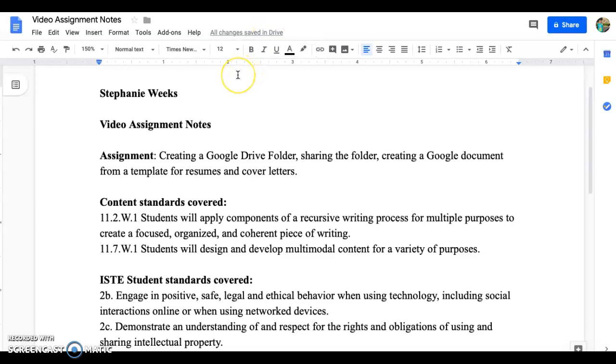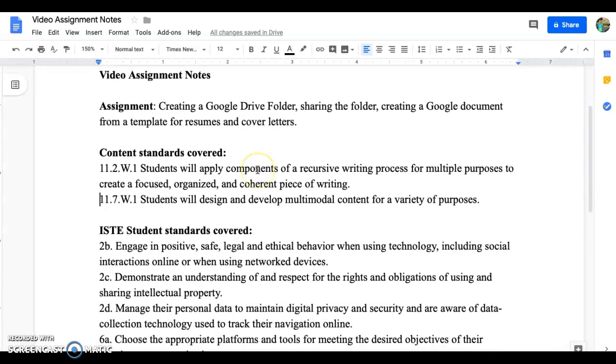Hi, my name is Stephanie Weeks, and this is a video that is going to explain how to create a Google Drive folder, share the folder, create a Google document from a template for resumes and cover letters, and how to share those as well. It is going to cover